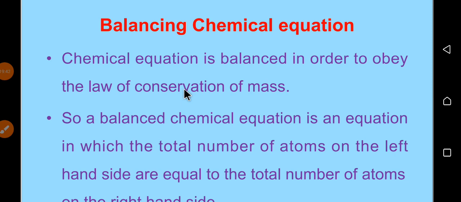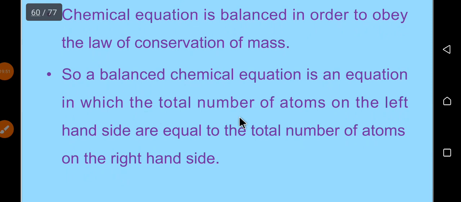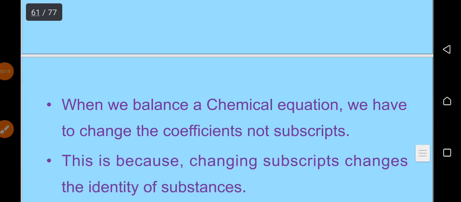conservation of mass. የሎስ ኦፍ ኮንዘርቬሽን ኦፍ ማስን እንዲገዛልን ነው ባላንስ የምናደርገው። So a balanced chemical equation is an equation in which the total numbers of atoms on the left hand side are equal to the total numbers of atoms on the right hand side. ስለዚህ ኬሚካል ኢኩዌሽኖችን ባላንስ ማድረግ ማለት total numbers of atoms in the left side ከራይት ሳይድ ጋር ከሚገኘው total numbers of atoms ጋር ማመጣጠን ወይም እኩል ማድረግ ማለት ነው።